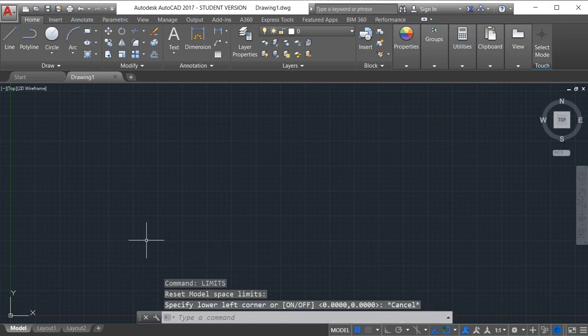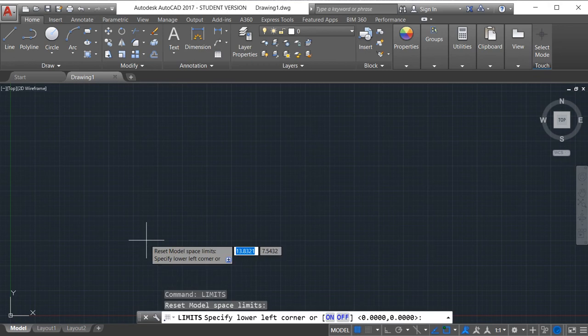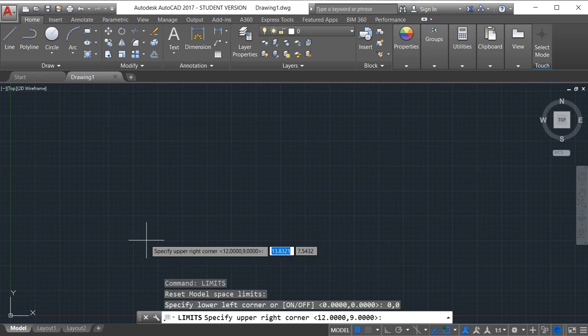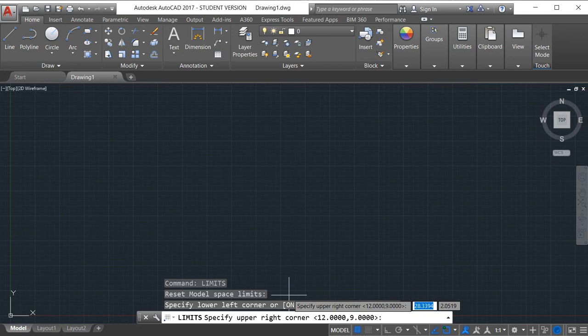I will once again type limit, enter, specify lower left corner as 0 comma 0. For this, press tab, 0, enter. This is our lower left corner. Now we have to specify the upper right corner.